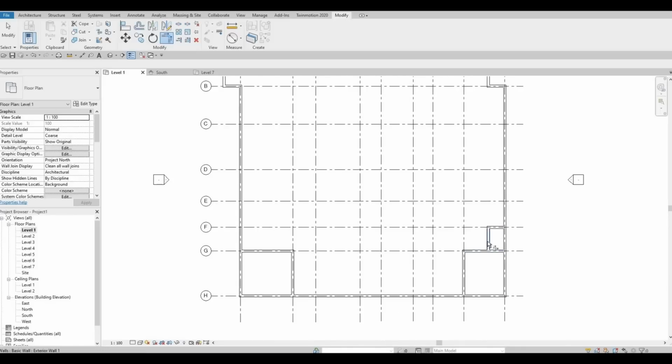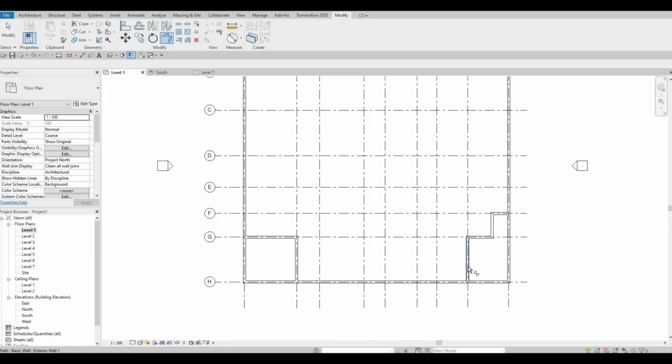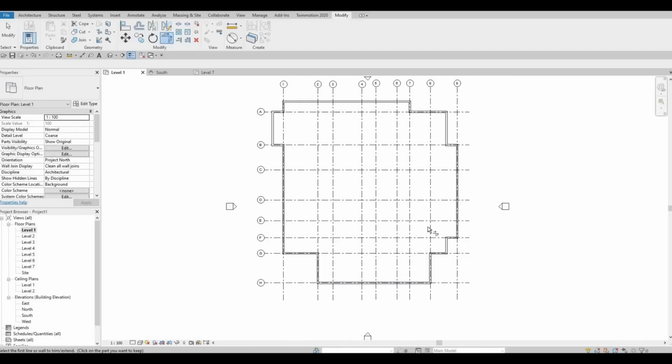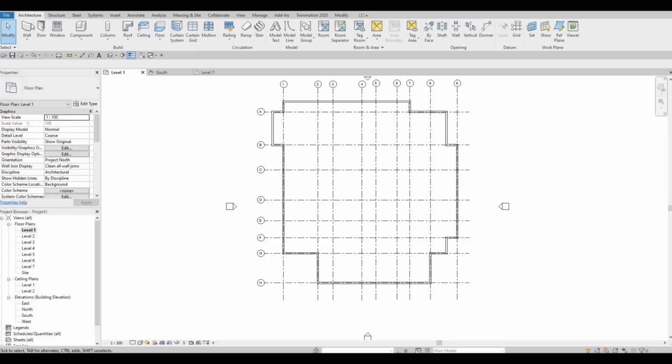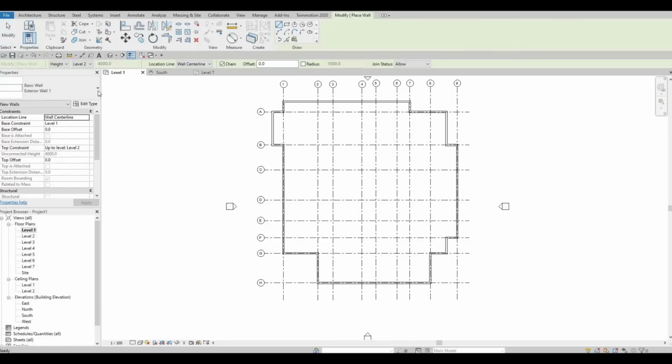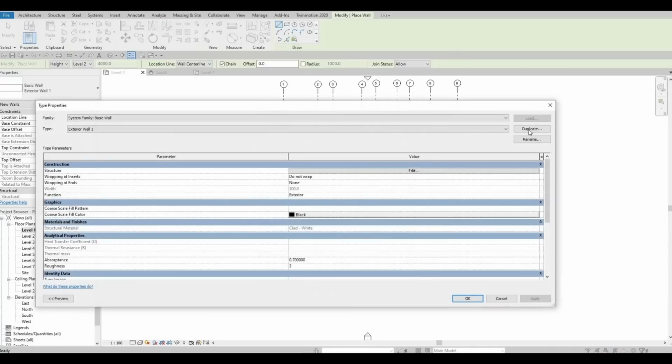For this, we need to trim this first, and then trim this spot, and this one as well. Also here, and here. So now our shape is like this. So now press escape and go to architecture, and then click on wall, edit type, and let's duplicate this